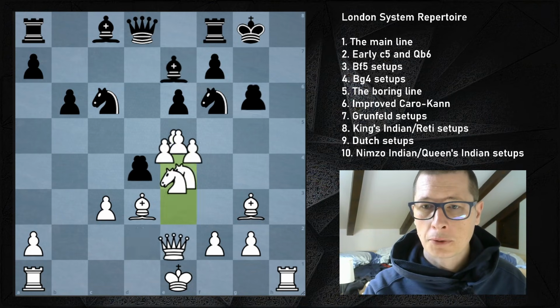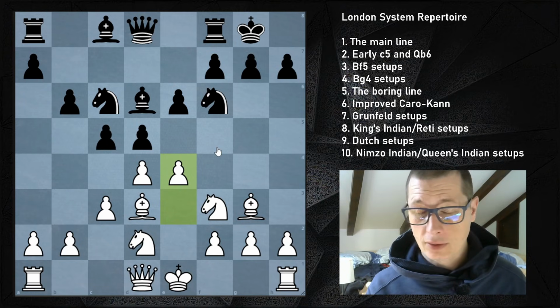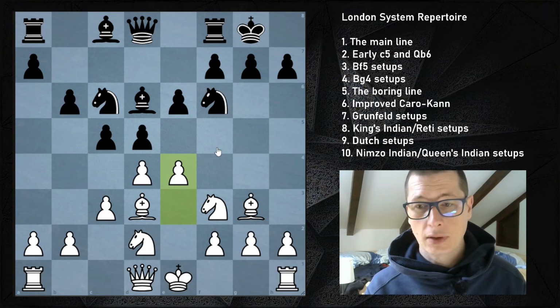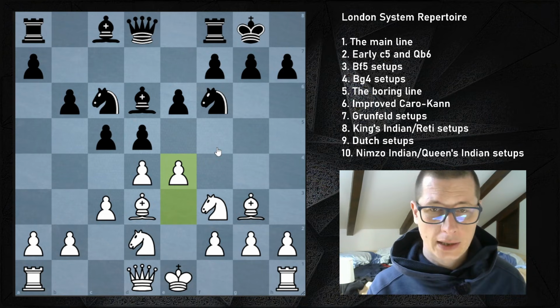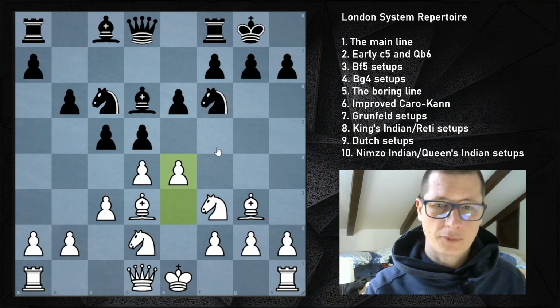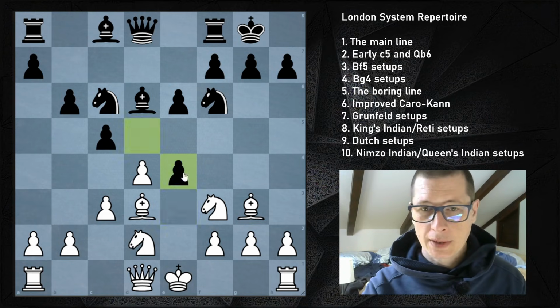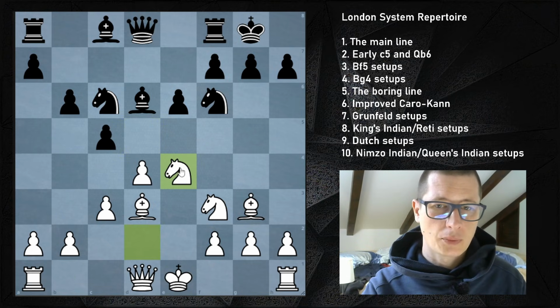Now let me show you the sideline that you will likely face in all of your games. When I play this online, and even though I quit playing the London in tournament games, I still play it online, 90% of people take on e4. I don't remember facing bishop e7. So when they take on e4, this is the point. We exchange,